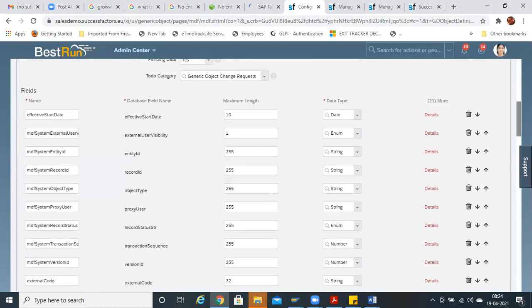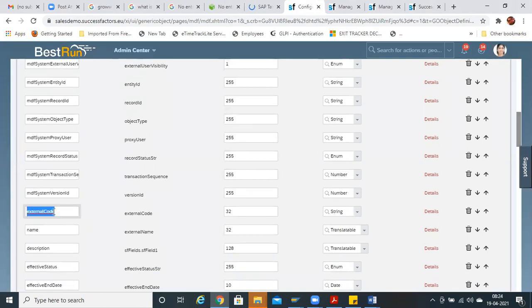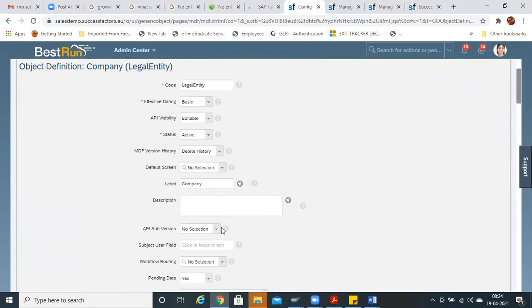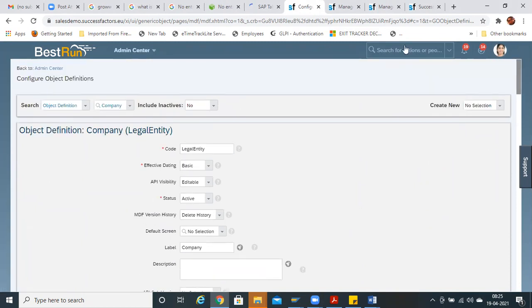Then this external code, where is the external code? Whatever name we have mentioned here, you have to just copy and paste it here in subject user field. It is nothing but what the user can view in the front end. For example, let us look at that payment information, right? Let us check here. These are various country specific payment information, which will come under country specific MDF objects.